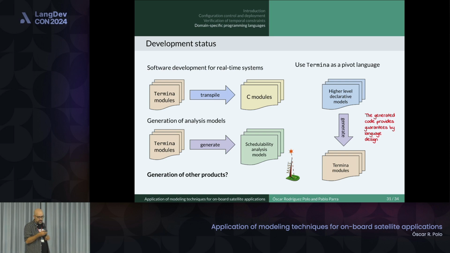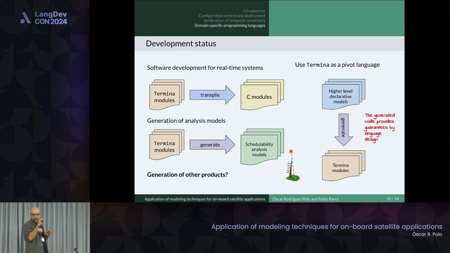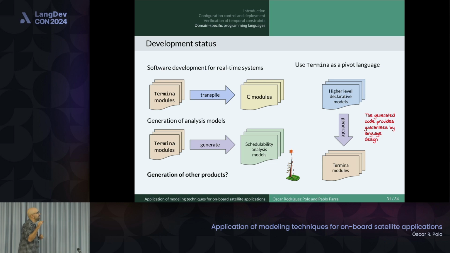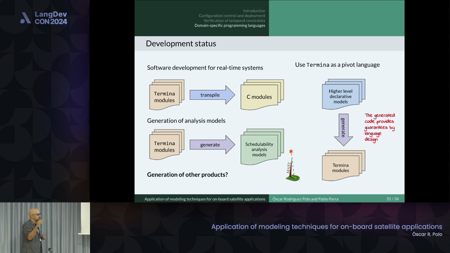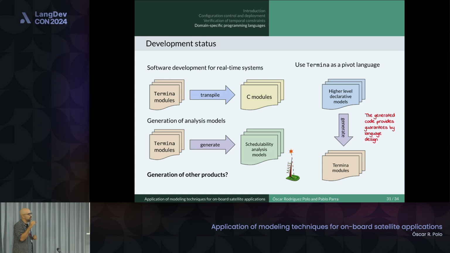So at this point, as I said, we are finishing developing the transpiler. We are almost finished, so that we can generate the C code from Termina modules. We are also performing a transformation that will allow us to obtain schedulability analysis models directly from the Termina